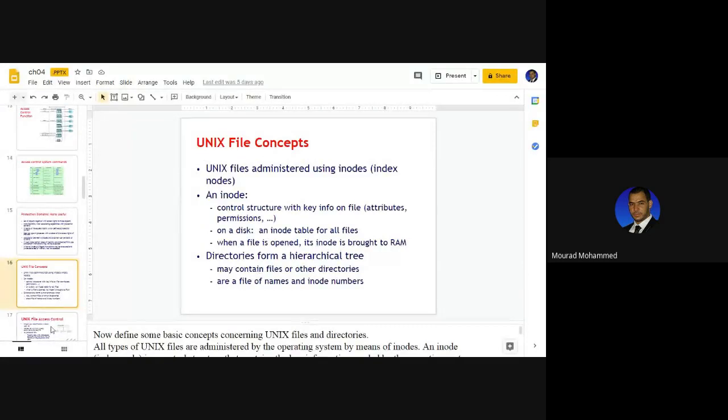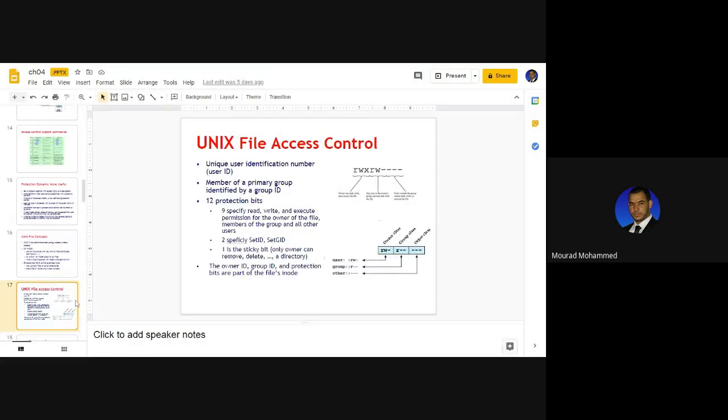So let's talk about the rights given by this Unix environment. We talk about a right of reading, a right of writing, a right of executing.